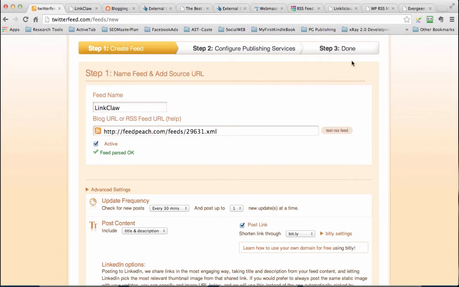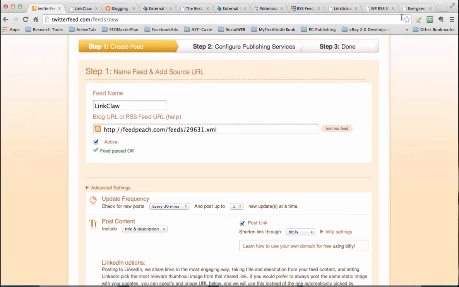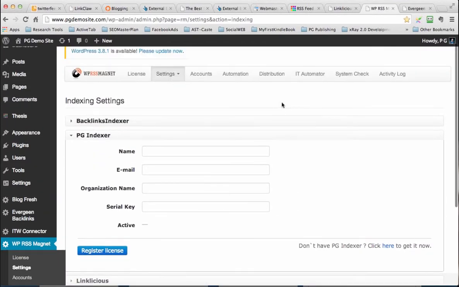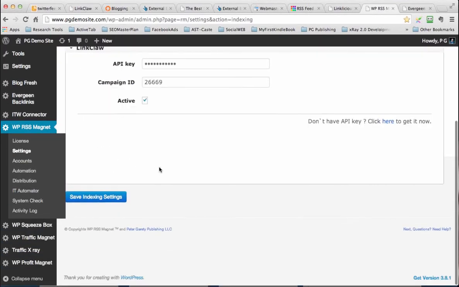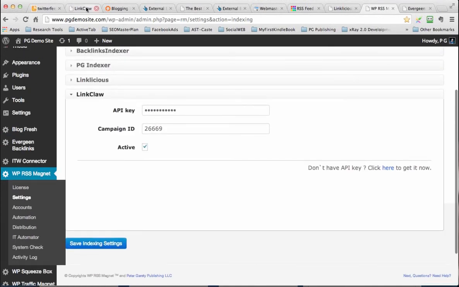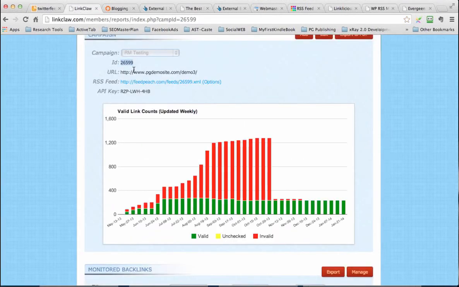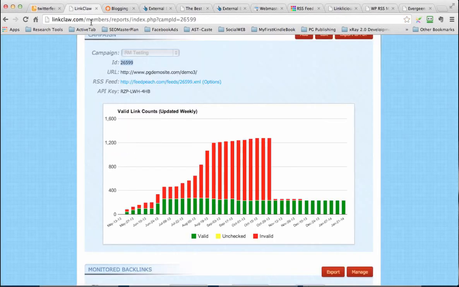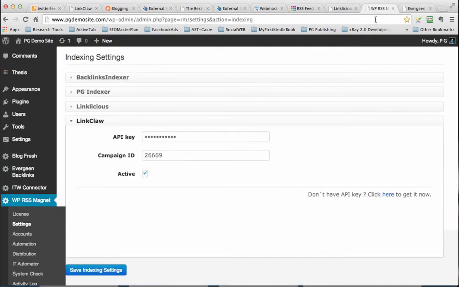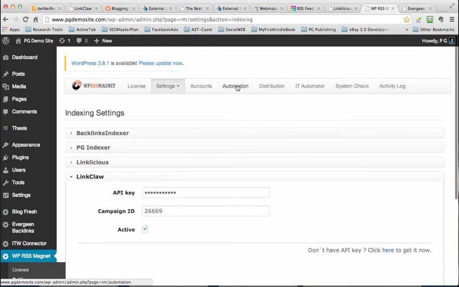Even more, since you are my customer, you probably have WP RSS Magnet, right? In WP RSS Magnet, LinkClaw does it automatically. You just provide the details from the campaign right here, right? You provide a couple of details, and boom, it's going to do it automatically. Every time you do something, it will automatically add the links right here, right? Or you can even take links afterwards. You can go here to automation. Let me just show you this. You go here to automation,